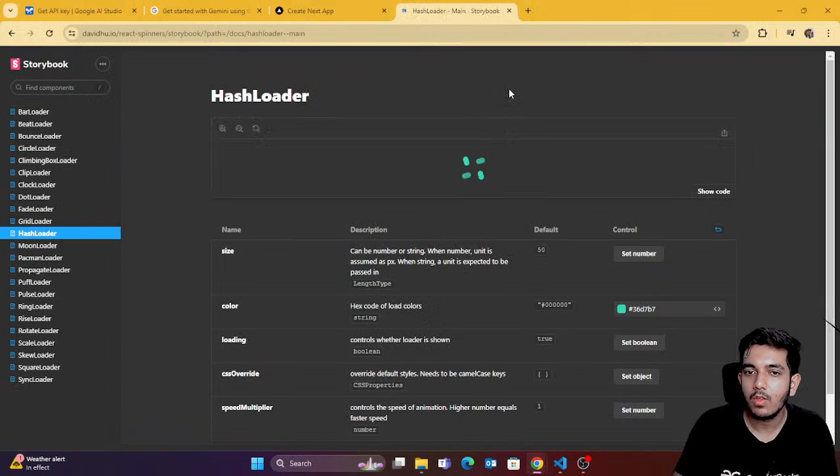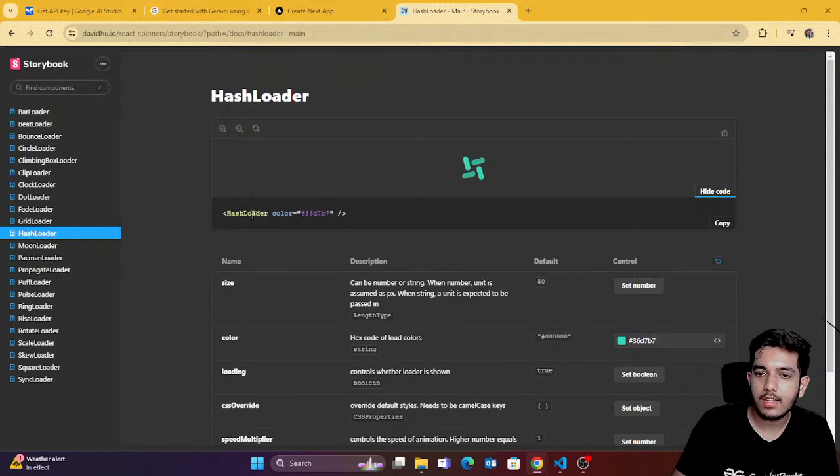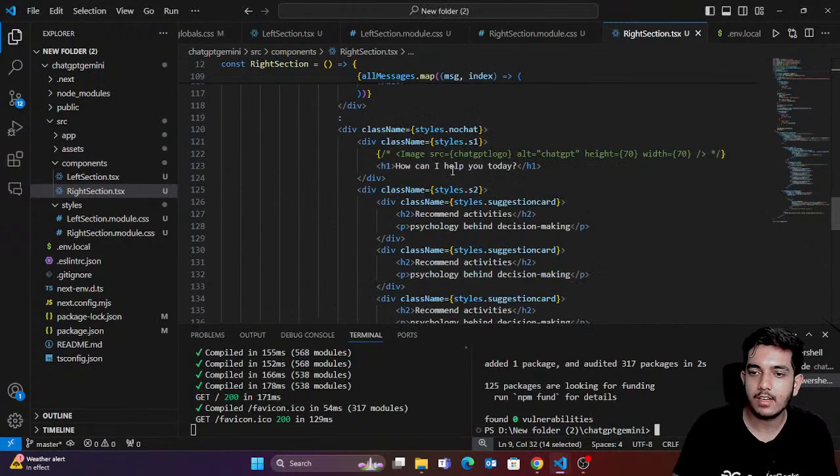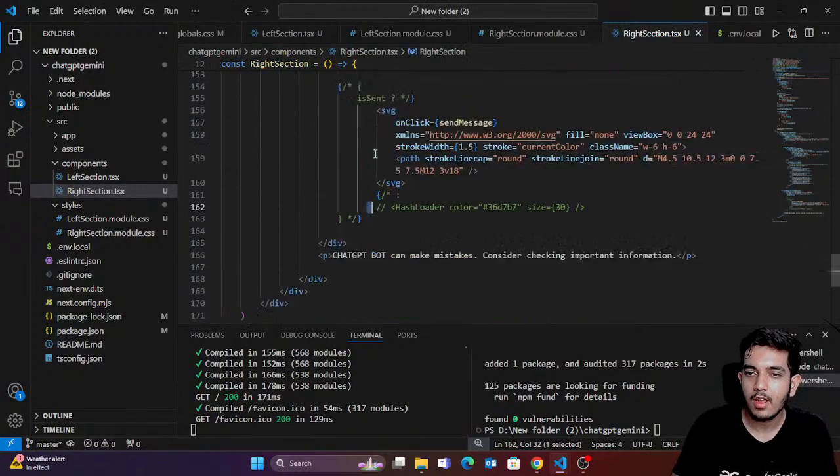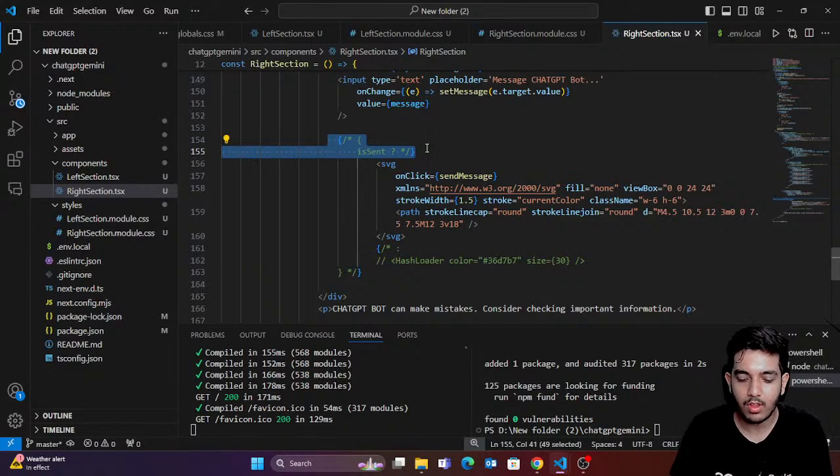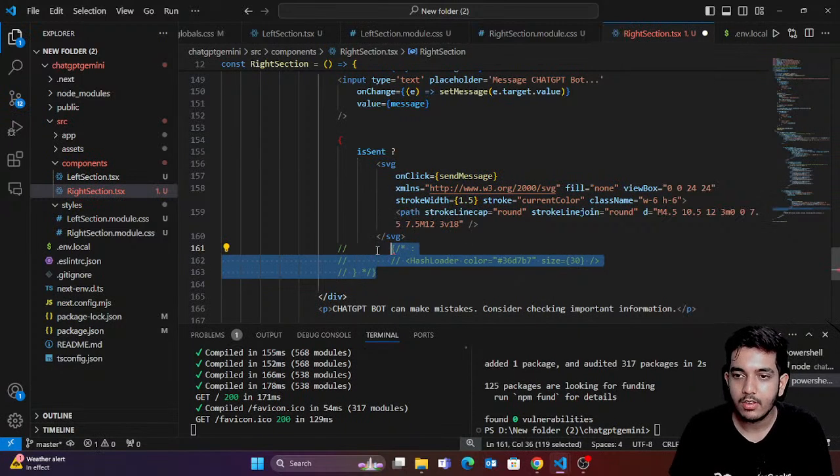If I go inside this, and then show code, you can see that we have hash loader. Just copy this hash loader and paste it wherever you want. I pasted it here, and I'm saying that if it's sending, then